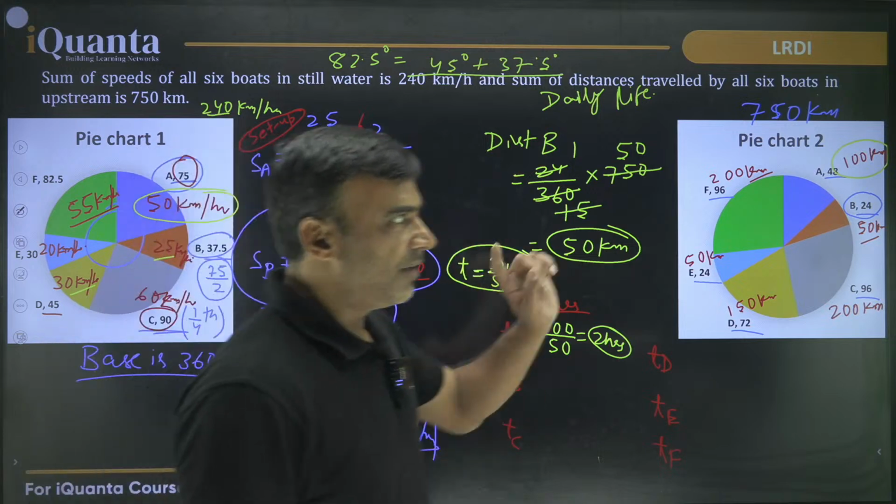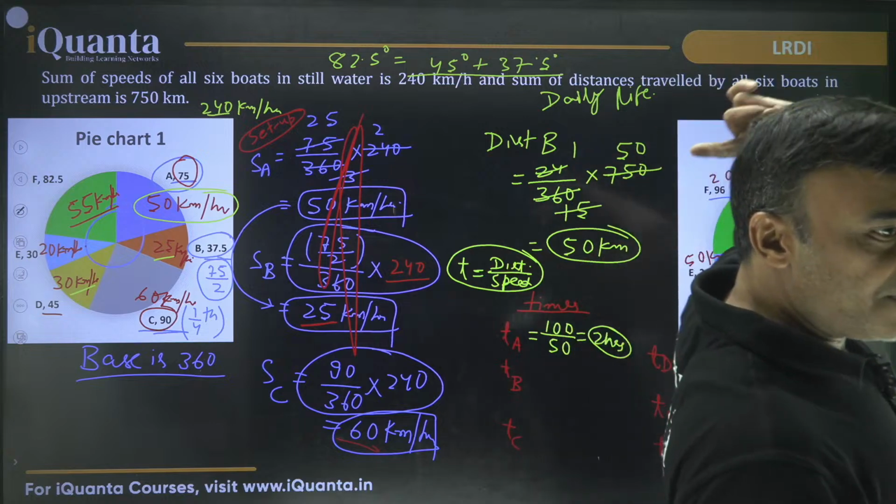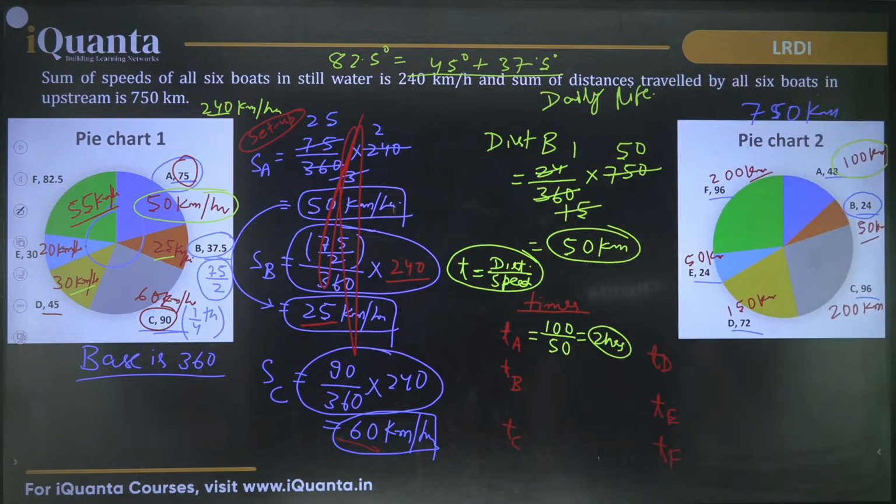Distance divided by speed. If I have to travel 100 kilometers at a speed of 50 km per hour, how much time am I going to take? Abhinav, you can convert in decimal, or better, ये रहेगा that you keep it in fraction. एक general rule है that time should not be presented in decimals. There is a general way of looking at it that you should not convert.